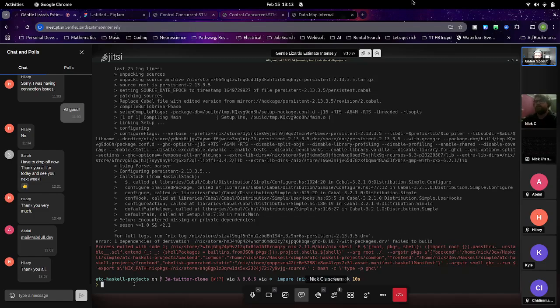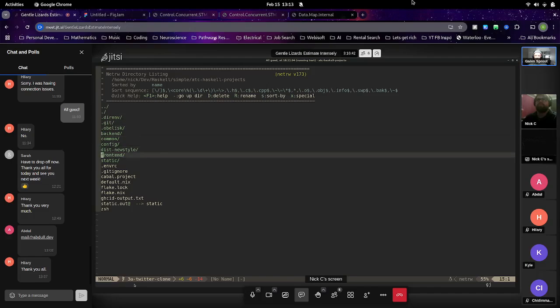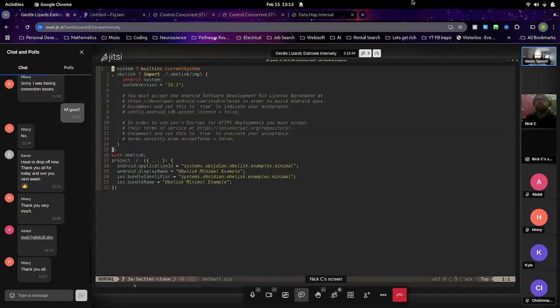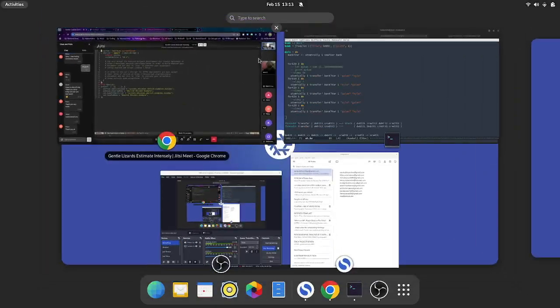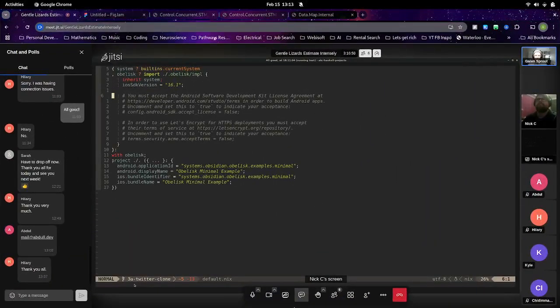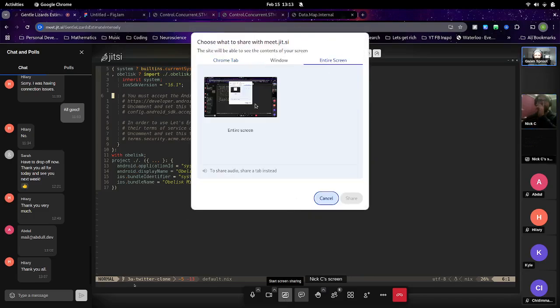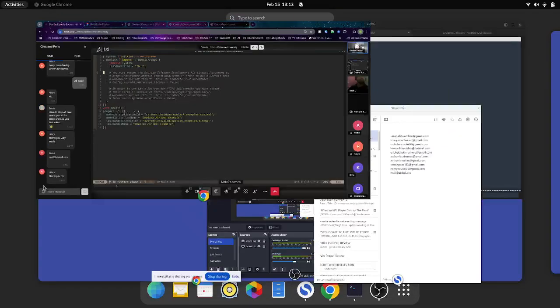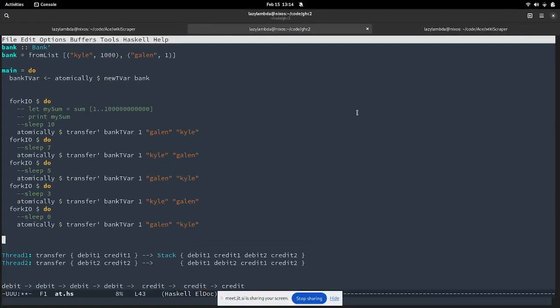So open up default.nix. I'm going to share my screen as well here. Yeah, go for it, because I have to remember how to even do this. The default.nix is a little different from what I remember.